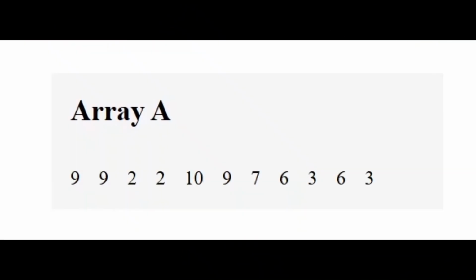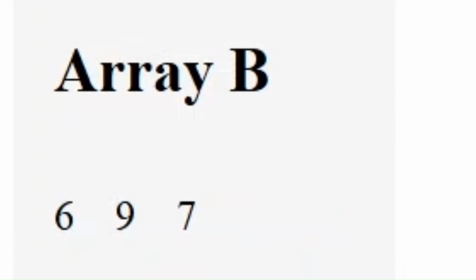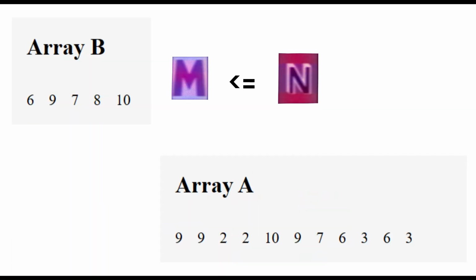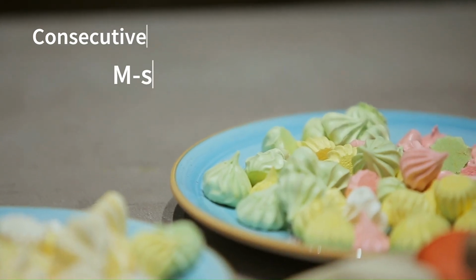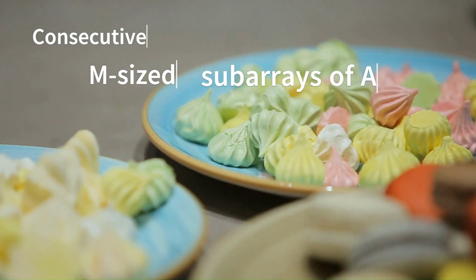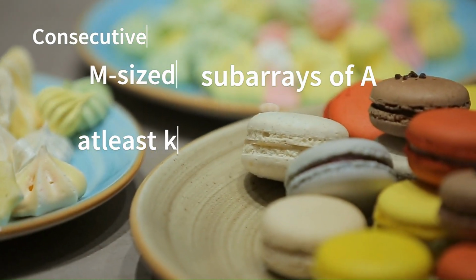Interviews are fun until they're not. You're given an array, let's call it A, which has n elements. You're given another array, let's call it B, which has m elements. And m is less than or equal to n. You have to find out how many consecutive m-sized subarrays of A have at least k such elements that also